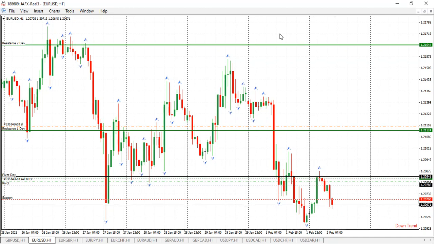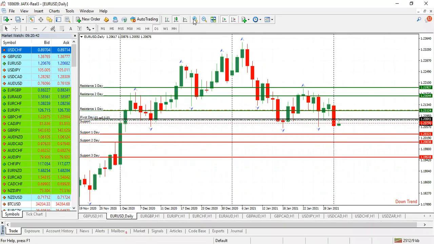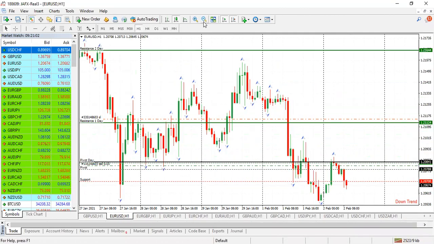So first, I want us to have a look at the euro US dollar and see what we expect to see. As a general approach from last week, continuation of this bearish momentum from last month in January. So we still haven't seen any significant reversal. So the basic assumption is we're still expecting this trend to continue on the bearish momentum. So, as a general guideline,